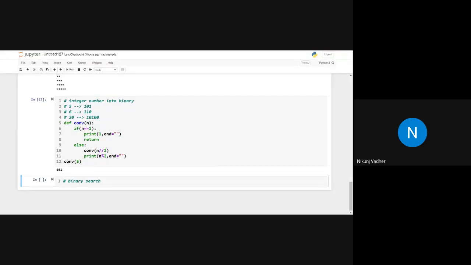Yes, can anyone from the class suggest a solution for implementing binary search?